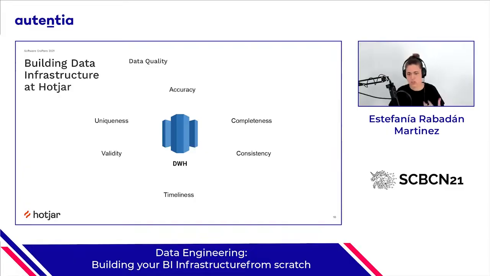So this is why every time you build any type of data infrastructure, you really need to think about this side of things. Data quality has a lot of different dimensions. They usually have 6, 7, depending on where you read. I'm going to tell you the ones that I usually use in case it's useful for you. So basically you have accuracy, which is self-explanatory, basically how accurate your data is with the real world. You have completeness, which is again, how complete your data is. You have consistency, how consistent it is in your organization. Timeliness, is the data available when it needs to be?